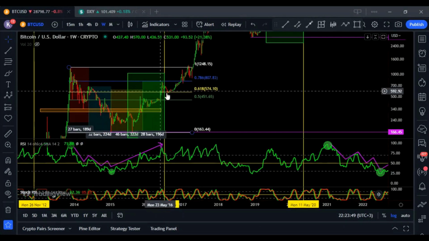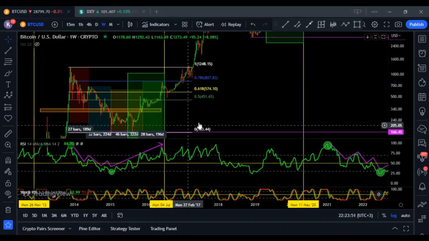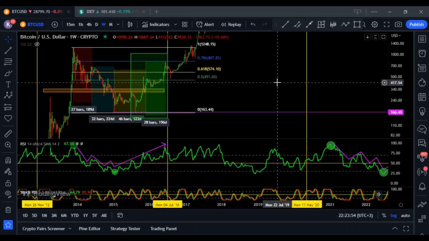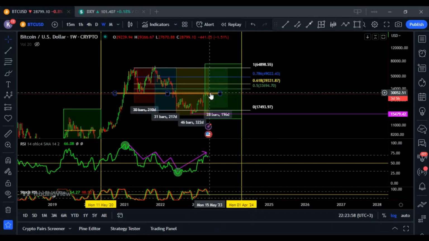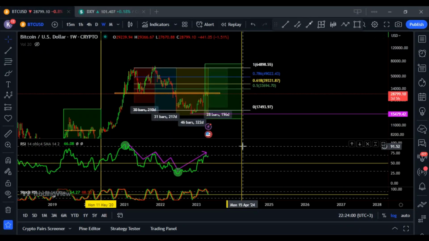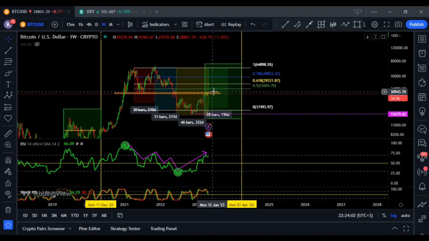And if this hits the 0.786 within the next 196 days, that would coincide with our halving date into our